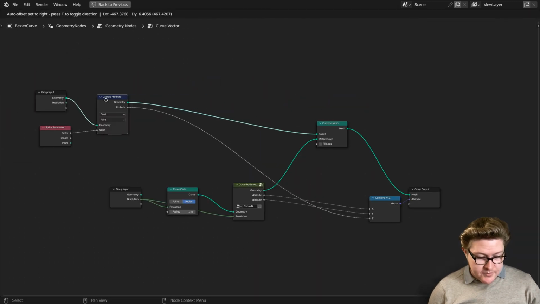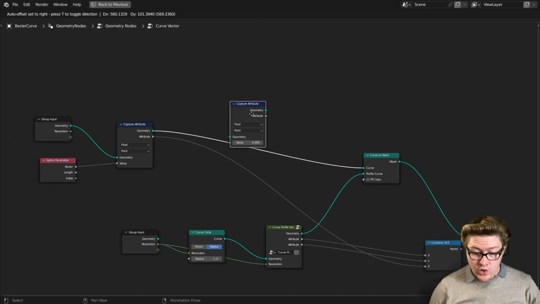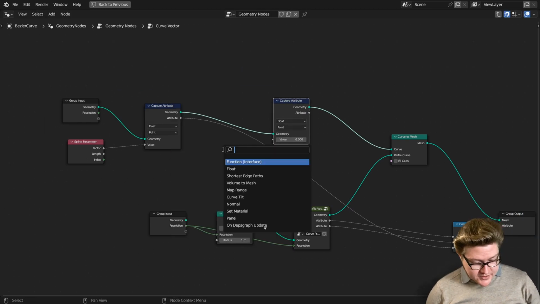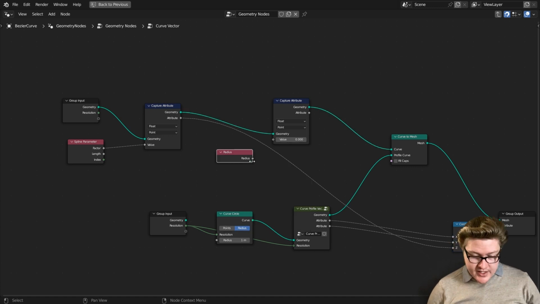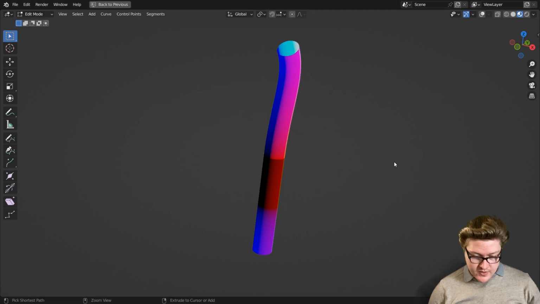We're going to capture another attribute. Shift D, duplicate this. It could be before or after this, it doesn't matter, but it looks a little more tidy if it's over here. Shift A, S to search for radius. Capture the attribute of radius. And this will tell, even if one part of the curve is thicker or thinner than the other one, this